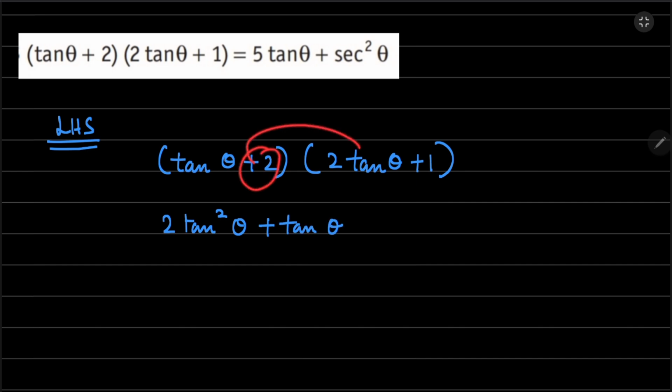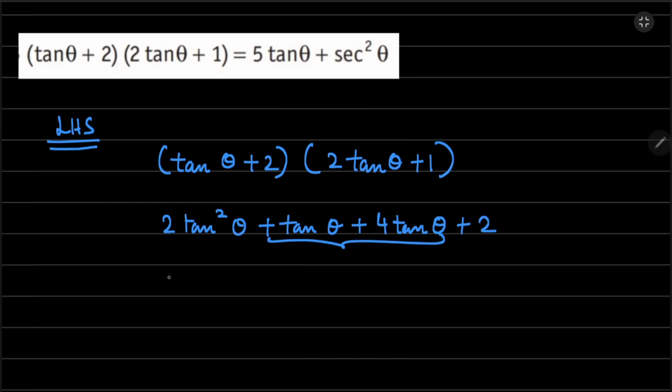Then plus 2 multiplied by 2 tan theta, it is plus 4 tan theta, plus 2 multiplied by 1, which is plus 2. So you can solve it. What you get is 2 tan square theta plus tan theta plus 4 tan theta is 5 tan theta